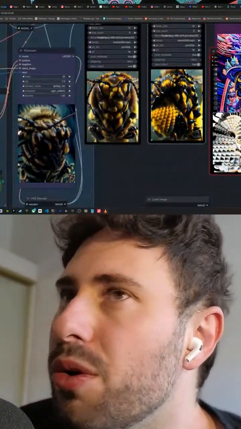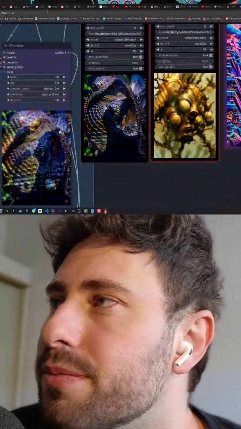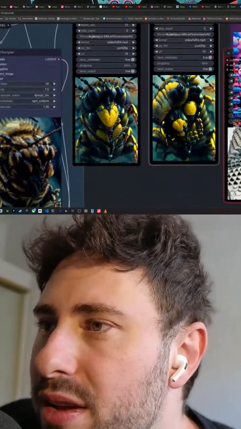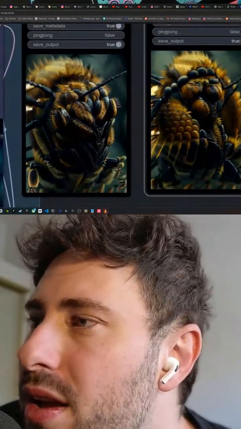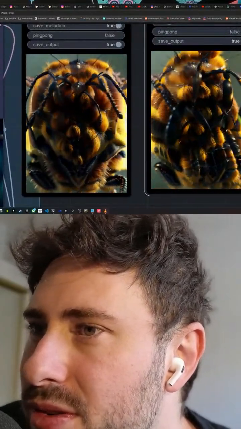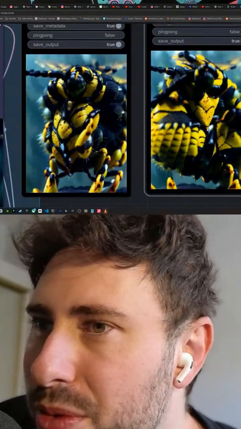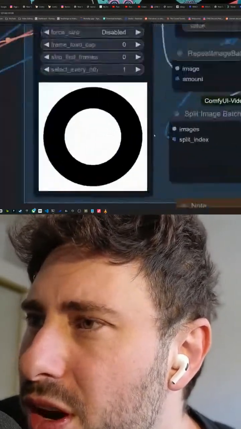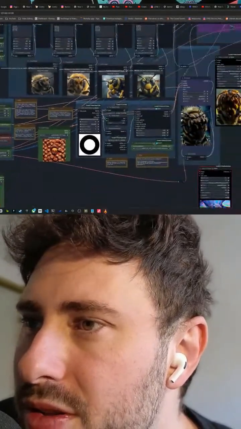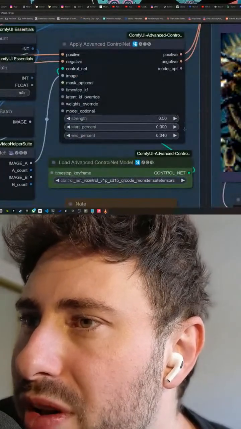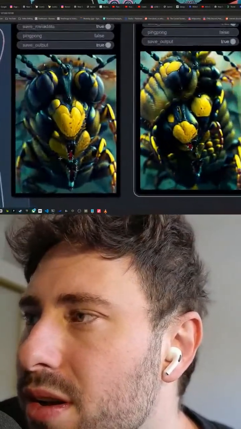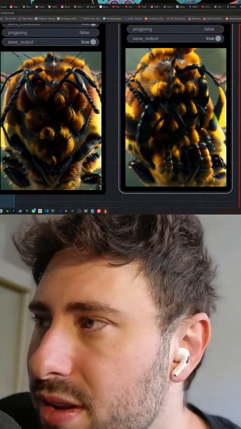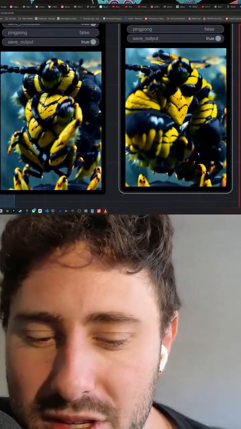All right, guys, we're quite a bit over here, but I did want to indulge that Bumblebee idea, and as you can see, I'm glad that I did, because holy smokes, that is really cool. The one on the right is the original one. The one on the left here is using our other motion mask, the circles, at a 0.5 weight, and that's really sick. I'm probably going to upscale that after this, to be honest with you.